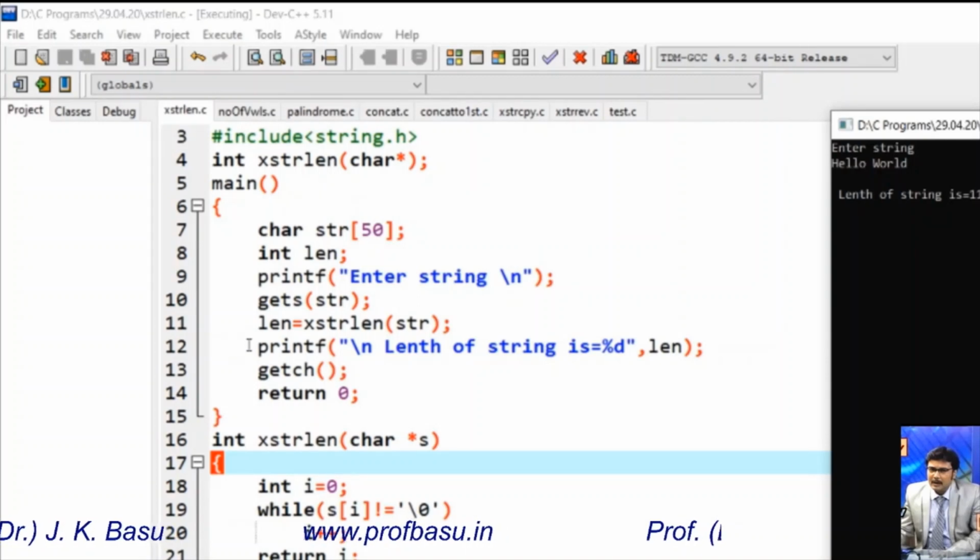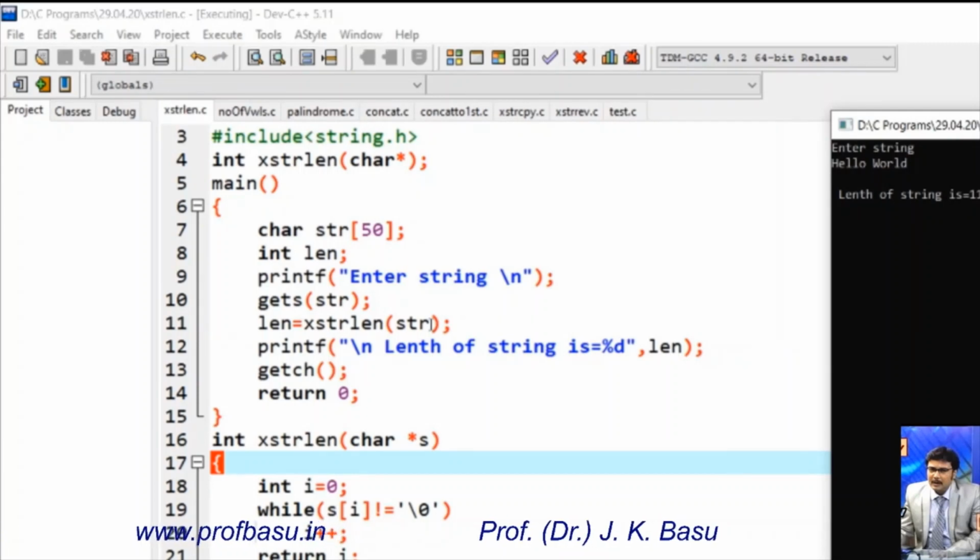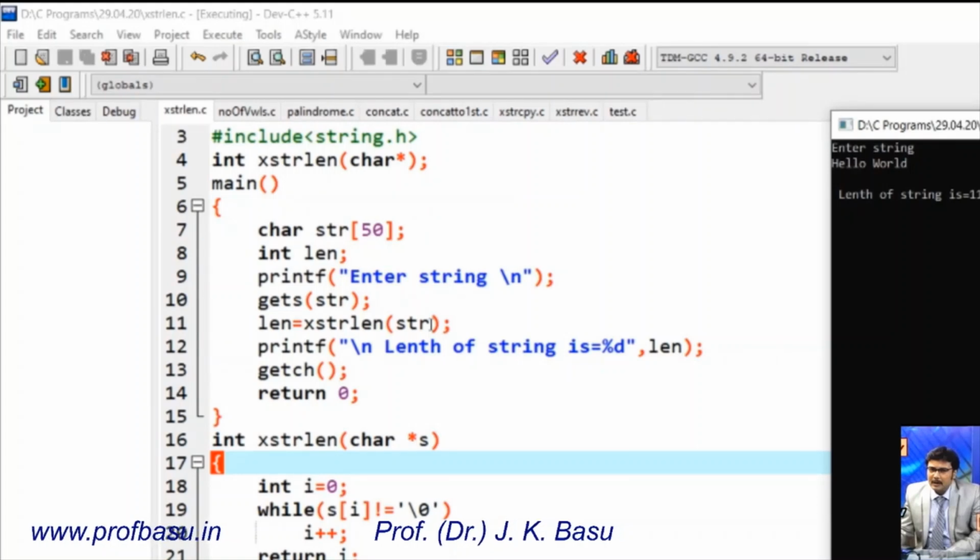Let me know, is it cleared to everyone or not? One thing you can notice here, while passing the string as an array, we didn't pass any dimension. Unlike an array of integers or array of numerical values, right? Because in an array we had to pass the